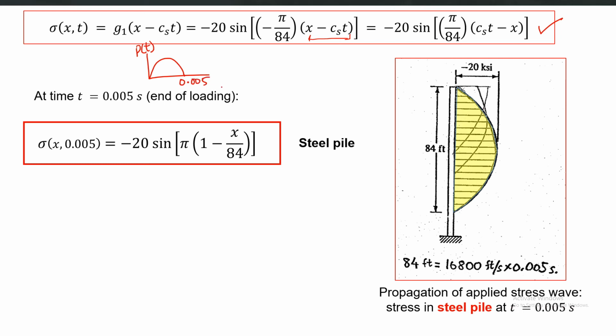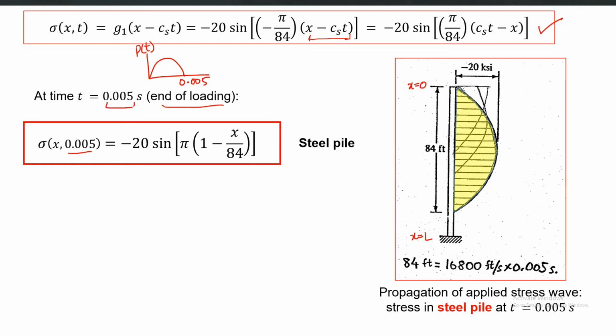So let's plot the stress values at t equal to 0.005, which means at the end of the loading. All you can do is replace t with 0.005. t is fixed, so now plot it as a function of x, where x is 0 here and x is L here. So when you plot it as a function of x now,